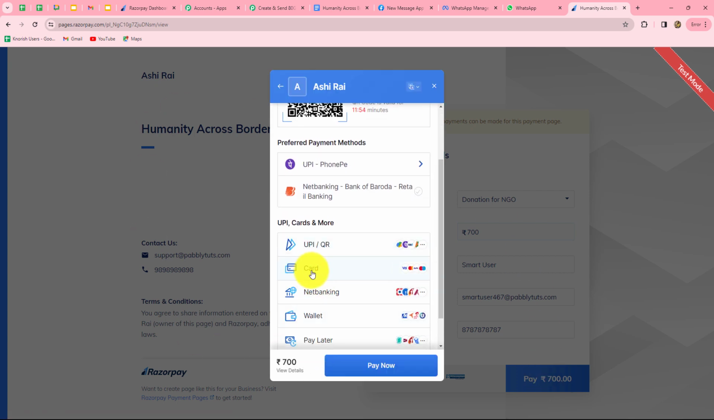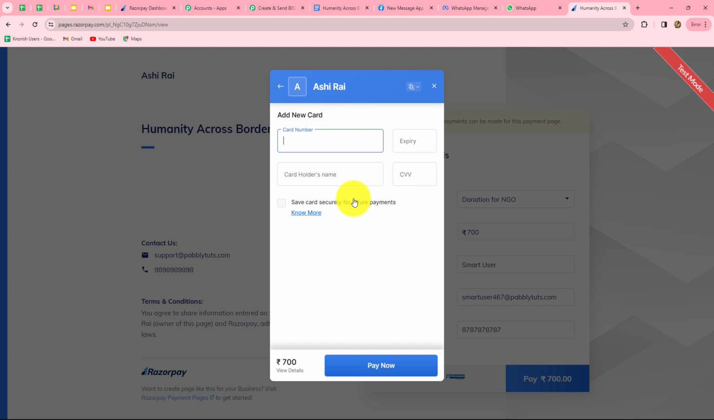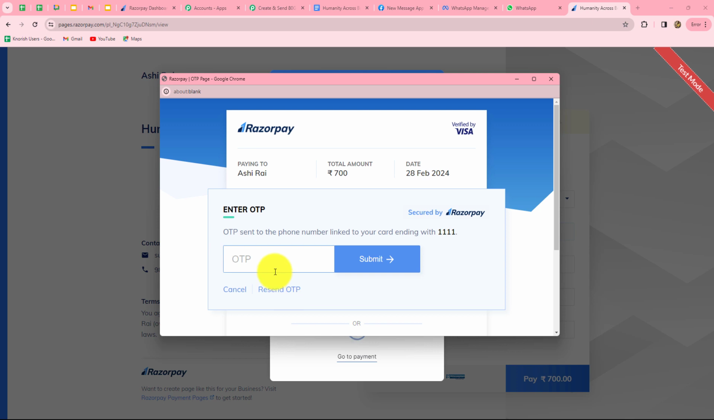I want to make the payment through card, and now I'm going to enter the card details. Again, because I'm making a test submission, I'm going to enter all the dummy card details over here. So let's start with card number. This is a dummy card number, a random expiry date, card holder's name, okay, and a random CVV. Okay, done. Let's click on pay now, and now I'm going to enter the OTP, and we can find that